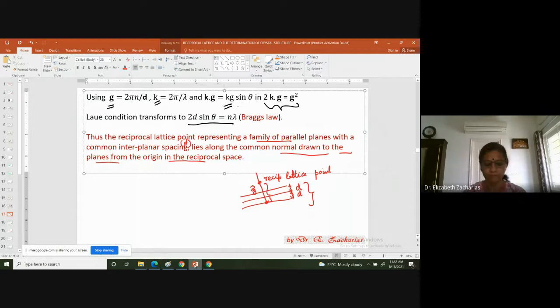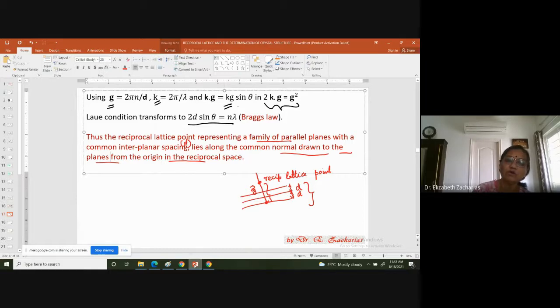Okay, good morning. So in the last class, we saw Bragg's law. We have also seen Laue's condition, and we have seen that both of them are essentially saying the same thing. Both of them are talking about the condition for seeing X-ray diffraction. You need to have a diffraction maxima for reflections from a given family of planes. Only then you will be able to see a particular reflection. A constructive interference is a must.